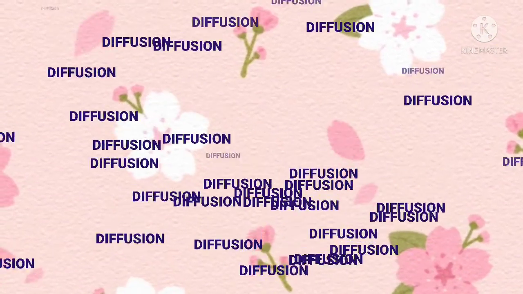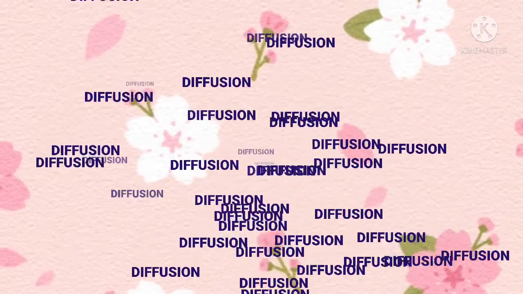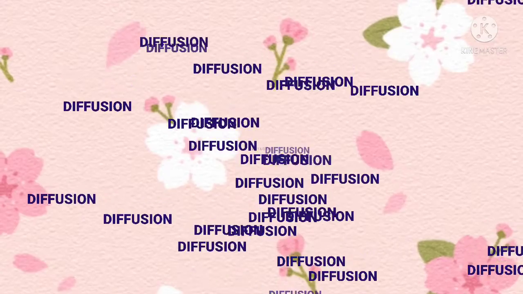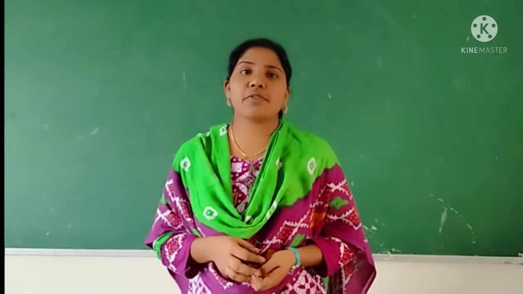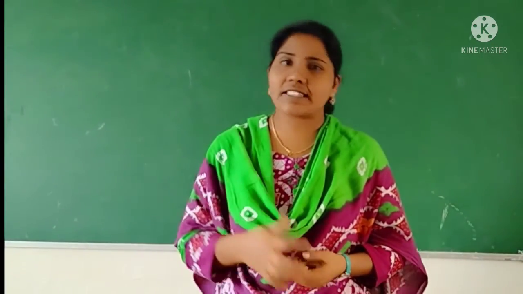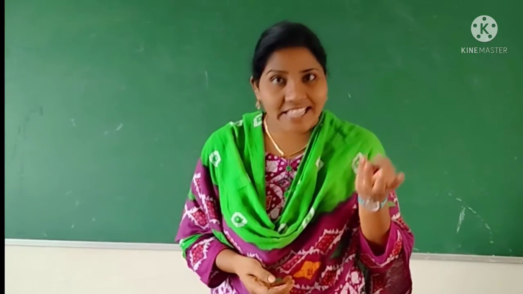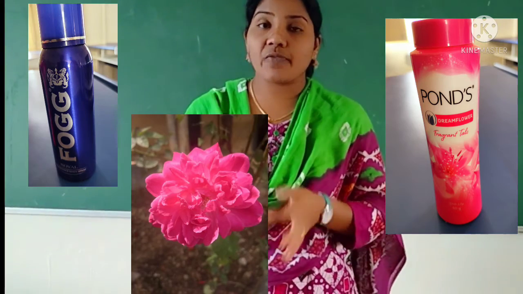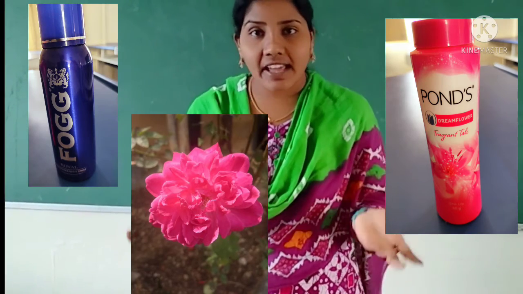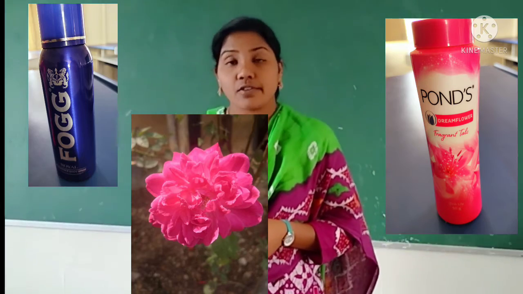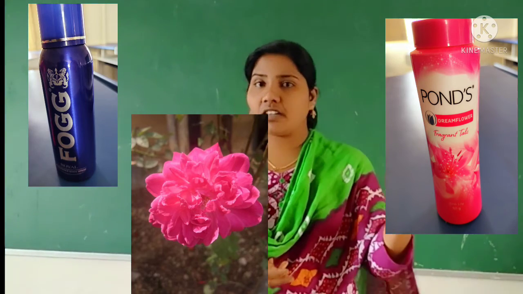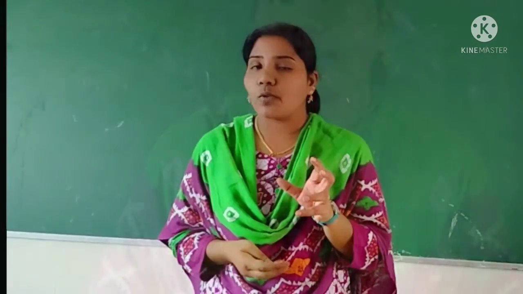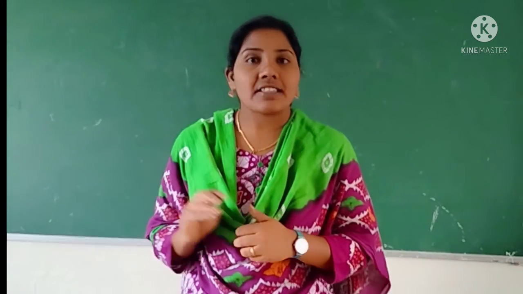Now come to know about another transport process, that is diffusion. Children, in our day-to-day life, we can smell so many substances like scent, flowers, powder, and so on. These smells spread entirely in our room uniformly. When we walk beside the drainage, we can smell that stagnant drainage smell. How can we smell these substances?